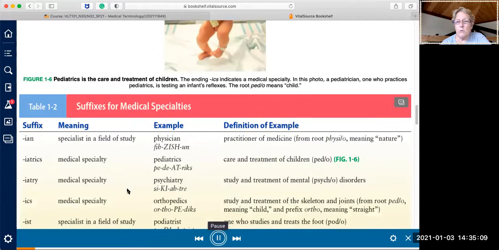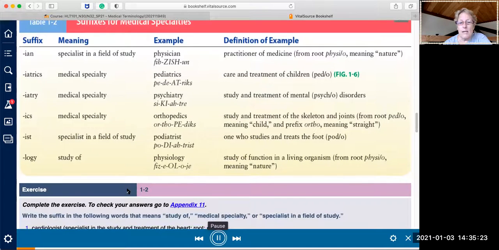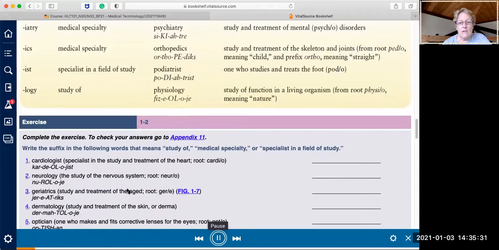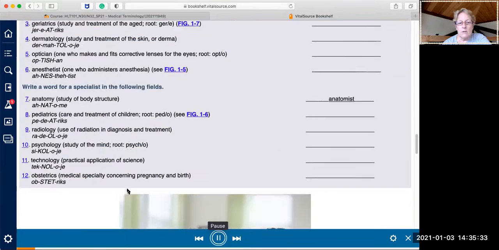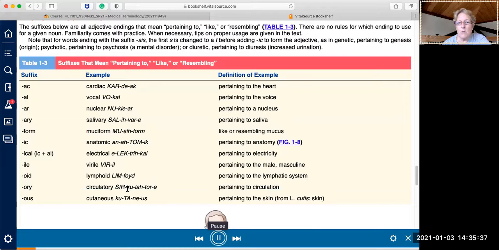As we work through the next table, you see that here are the suffixes for medical specialties. And many of you already know some of these: psychiatry, pediatrics. Again, I mentioned study of already, so physiology. You take anatomy and physiology. And then you have some exercises that you can use to work through those. And then you come to your next table, which are